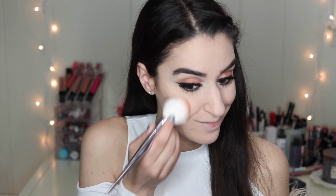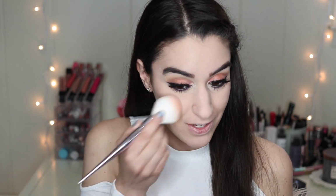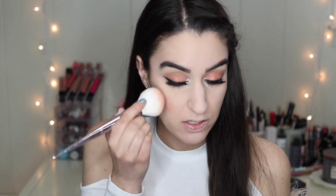So I'm going to use my Wet n Wild, I think this is my large powder brush. Oh, and that reminds me, they had a limited edition blush brush in the collection. I think it was $7.99. It was a beautiful pink color. I was super tempted to pick it up, but I decided to pass it up, but it looked so nice. And it's the same Pro brush line. I'm just gonna smile. I'm hoping this isn't gonna accentuate my pores, because sometimes shimmer can do that, but